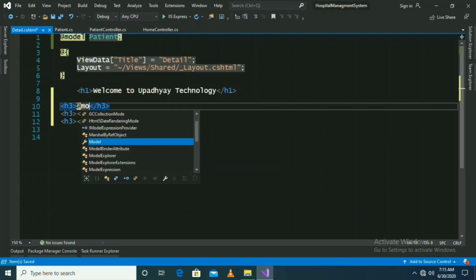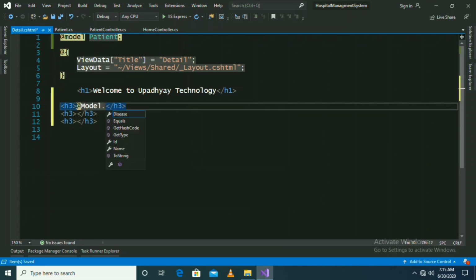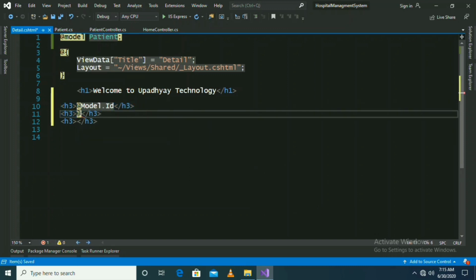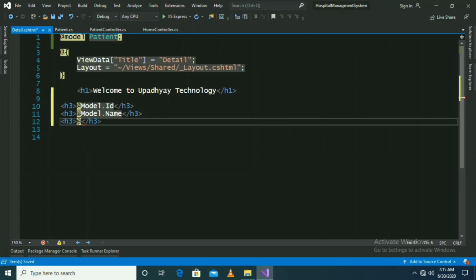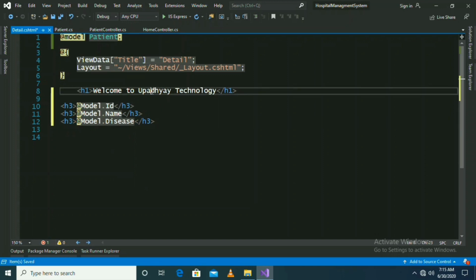For that, I have taken an h3 tag and then @Model.Id, @Model.Name, @Model.Disease. So @Model indicates the model. We should keep in mind that M should be in capital letter when we are initializing our properties.